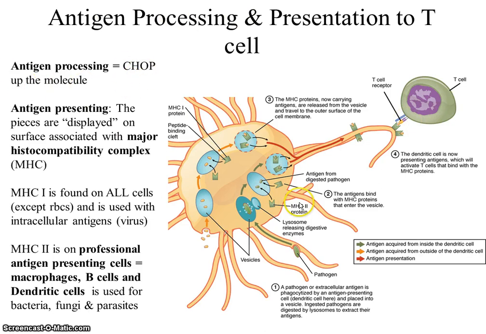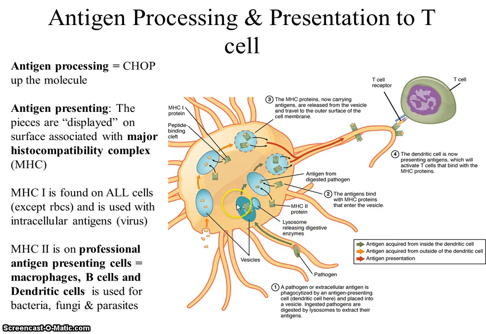So some cell, and often macrophages end up being this, though, and they're showing one here hypothetically. This can be a variety of other cells, but not a lot. All right, not a lot of cells can be antigen presenting and processing cells. So antigen processing consists of chopping up the molecule on the antigen. So this cell would actually pick up a pathogen, and they're showing that here, and it would enter